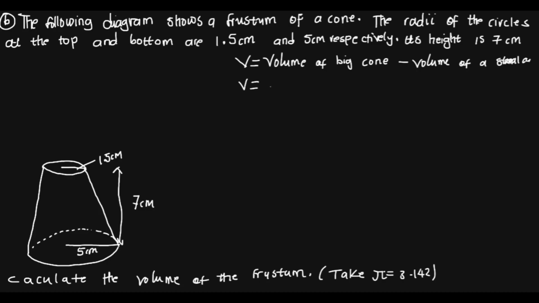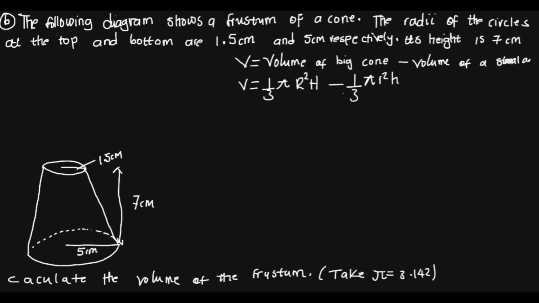So the volume is 1/3 pi r squared h. The reason why r and h are written in squared, this represents the larger cone or big cone minus 1/3 pi r squared h. So now let's look at it: we have the radius for the big cone, 5 centimeters. For the smaller cone we have it. Then the missing part is we need to find the